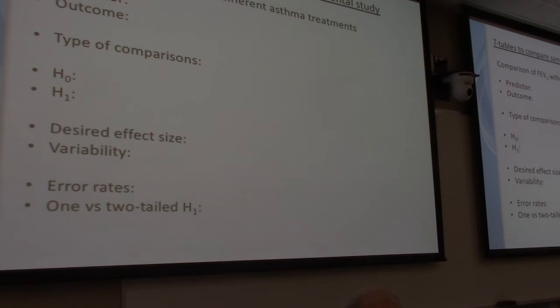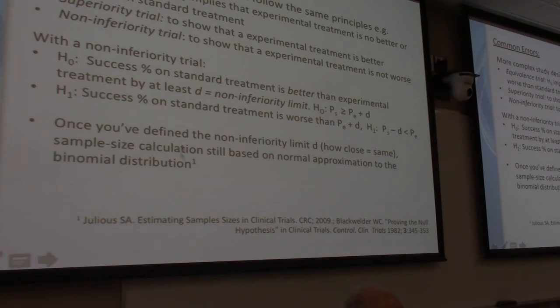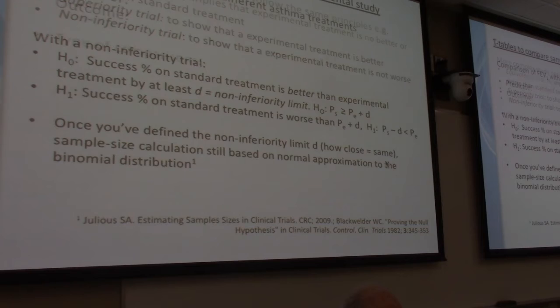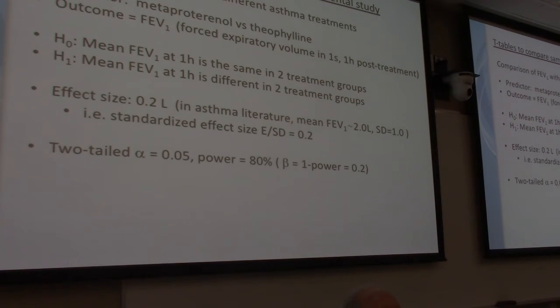So let me give you some information from the literature. If you look in the literature, you will find that for metoprolol, the effect size, the difference, is about 200 mils in an asthmatic patient. So the mean FEV1 is about 2 liters, but the difference between, sorry, I take that back. In the literature, what you will find, because I looked at this, is that the mean FEV1 is about 2 liters,